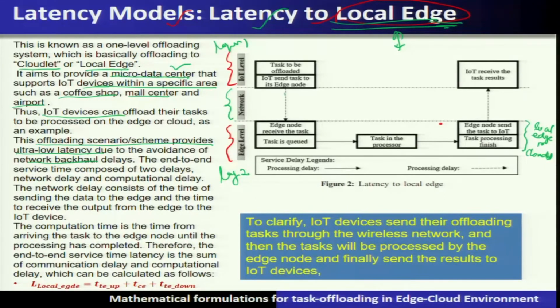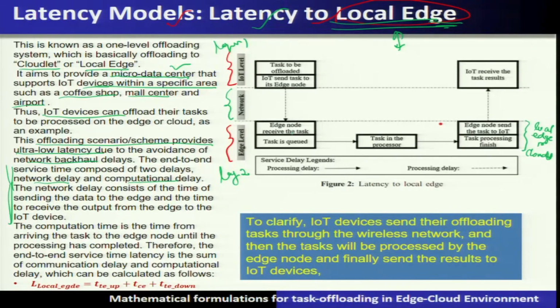You can see that this network is a very short range communication, and it does not require very long haul communication. So, network delay is going to be very minimal, and the edge nodes in the form of micro data centers are very near to the devices. Therefore, that network delay is very minimal. Similarly, these micro data centers are also very sophisticated, so they will also reduce the communication delay. Network delays consist of the time of sending the data to the edge nodes. That is what is shown over here.